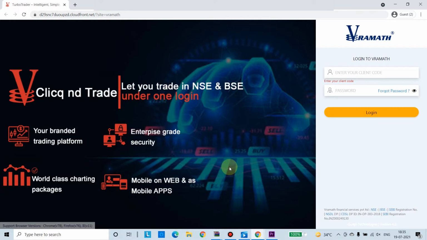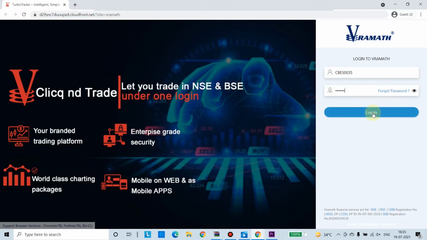Once you open the app, the login page will appear. Enter your client code and password. If you forgot your password, kindly click Forgot Password. You will receive a recovery password to your email ID and mobile number.